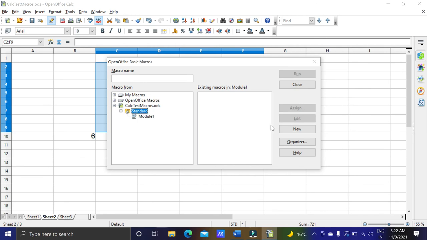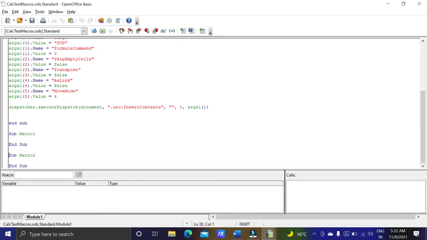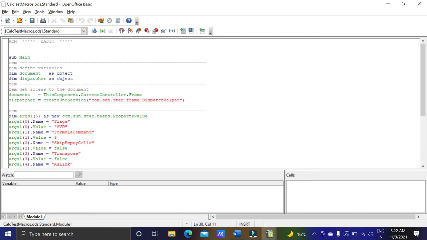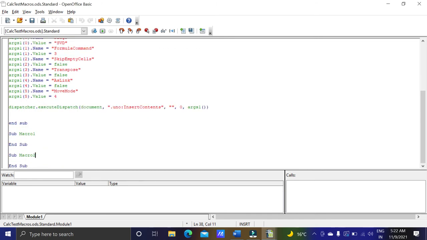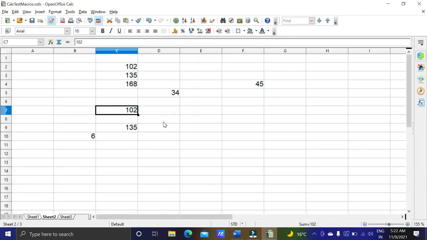There is nothing there, so I can go for new, and you can see whenever I go for new, it will create a sub macro. Every time I try to open a new one, it will create a new macro. Okay, so this way we can work on openoffice.org macros.